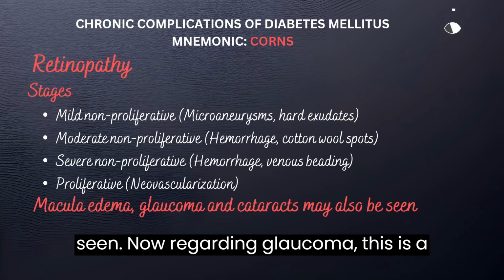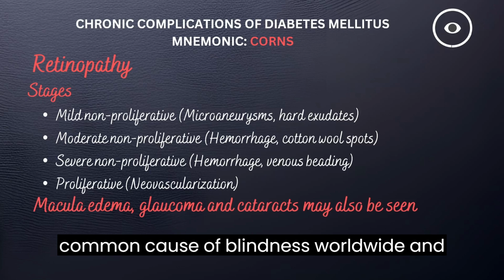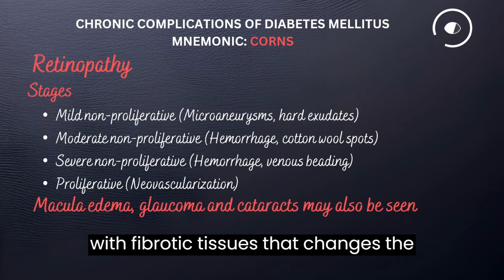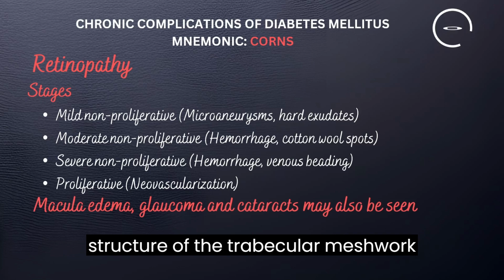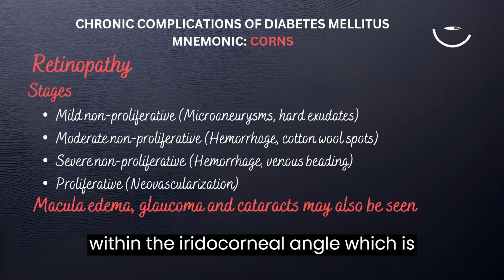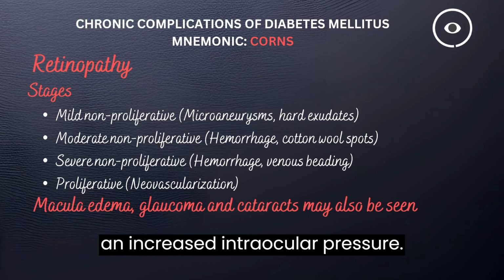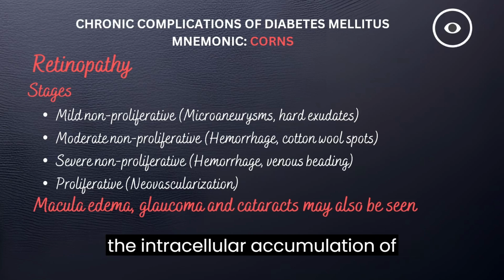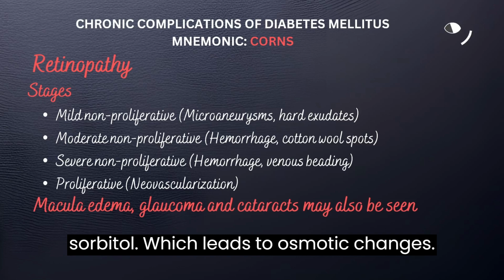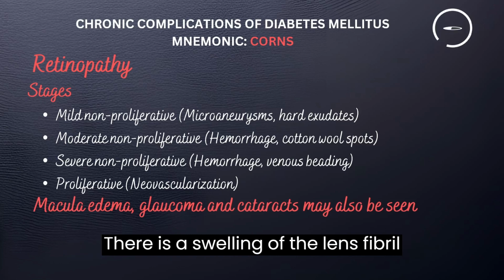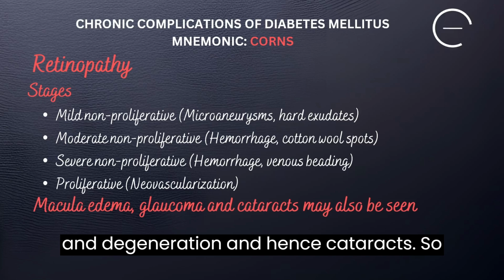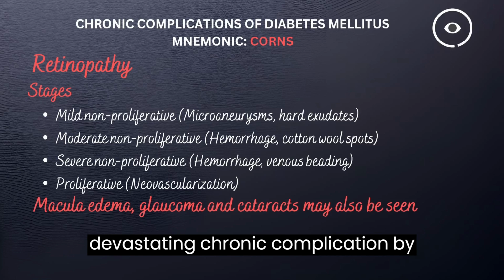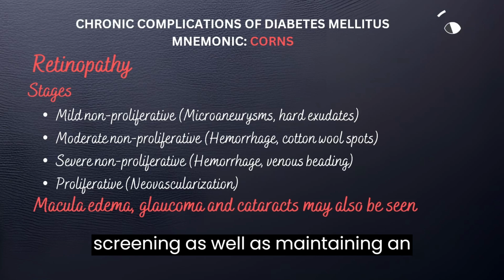Now, regarding glaucoma, this is a common cause of blindness worldwide, and in diabetes mellitus, there is remodeling with fibrotic tissues that changes the structure of the trabecular meshwork within the iridocorneal angle, which is the major drainage outlet. Hence, there is an increased intraocular pressure. Cataracts may also occur as a result of the intracellular accumulation of sorbitol, which leads to osmotic changes. There is a swelling of the lens fibril and degeneration, and hence cataracts. So the take-home point is to prevent this devastating chronic complication by screening as well as maintaining an adequate glucose